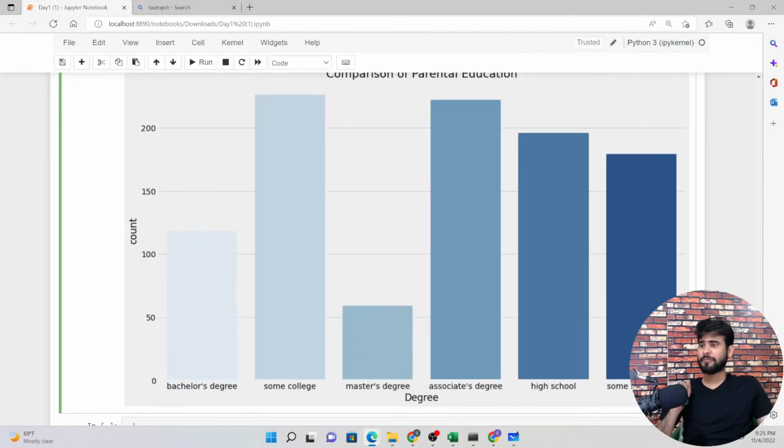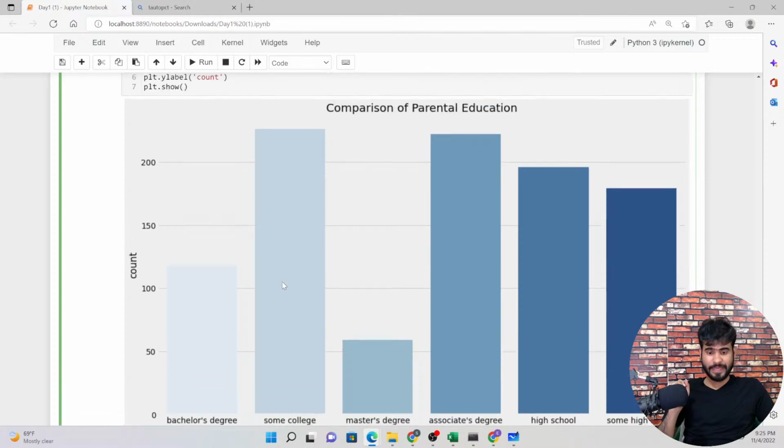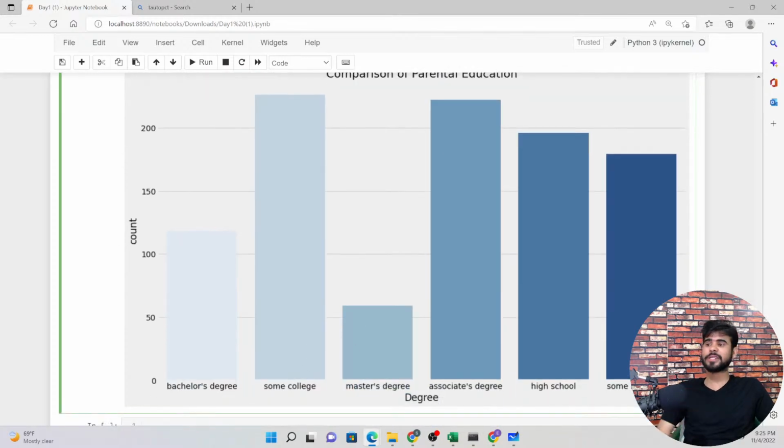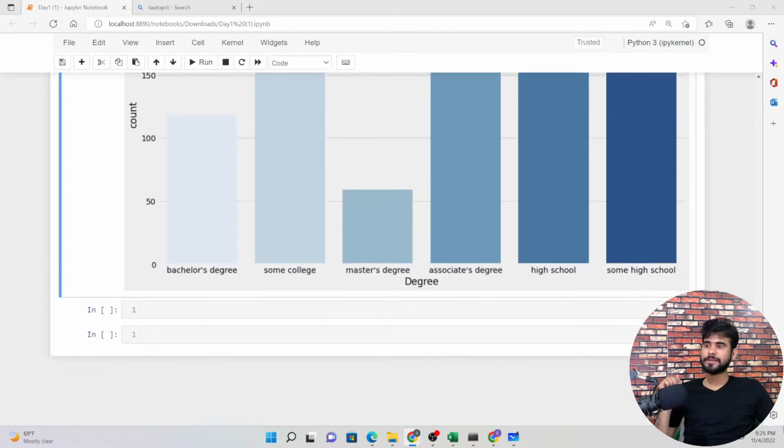So from this graph, what analysis are we getting? The largest number of parents graduated from some of the local colleges. Okay? Everyone? Yes, no?